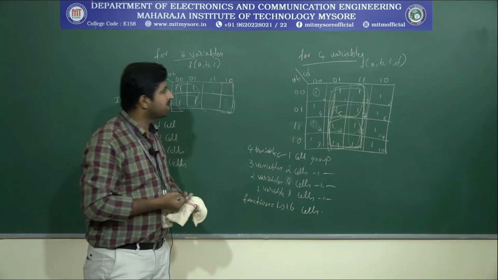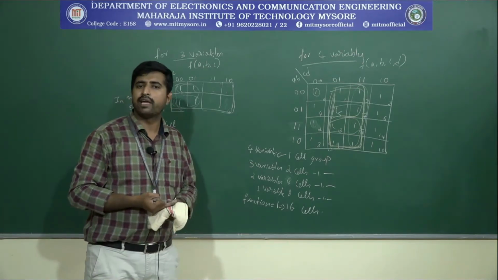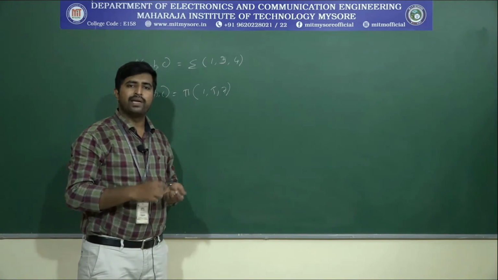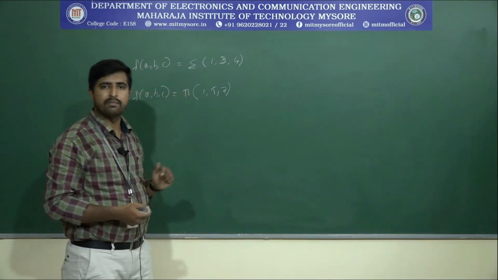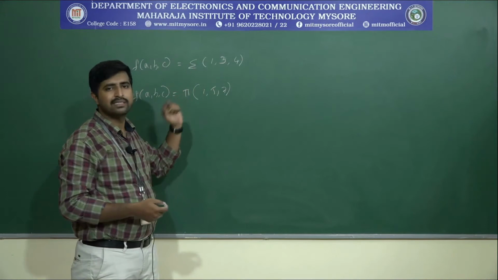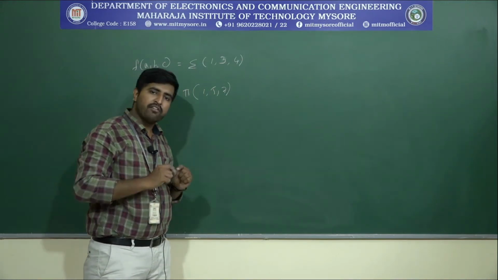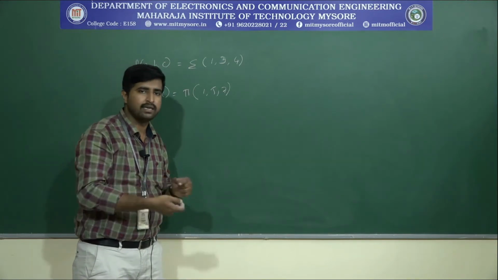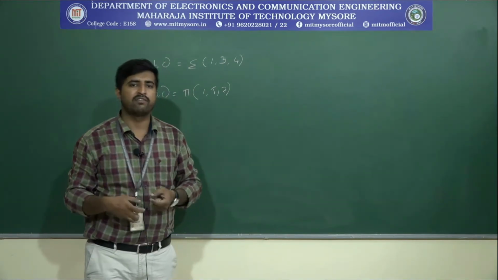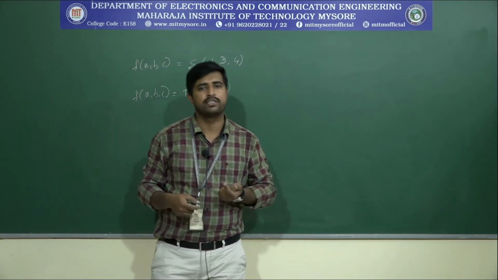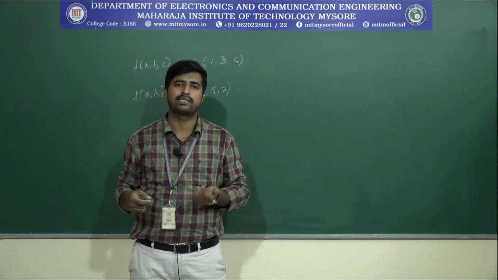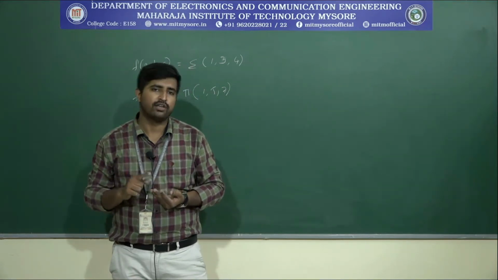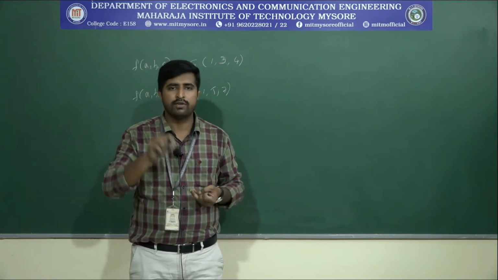Okay, let's take an example so that we can understand in a better way. To understand grouping better, I have taken 2 more examples. Let's group for these equations. But we have not yet seen how to get the simplified expressions. We will see that later, because to get simplified equations, we need to understand 2 more concepts, called prime implicants and essential prime implicants.